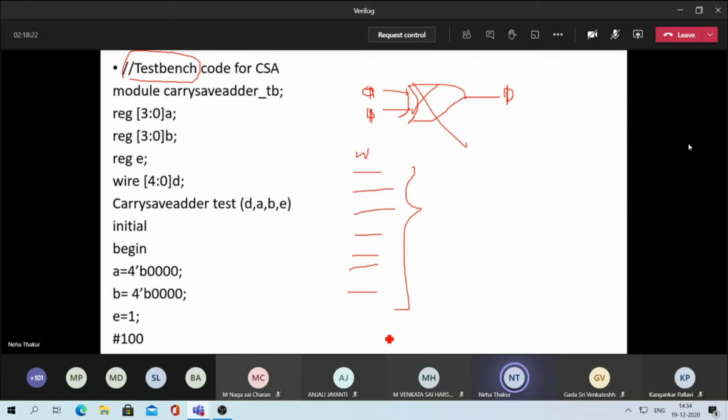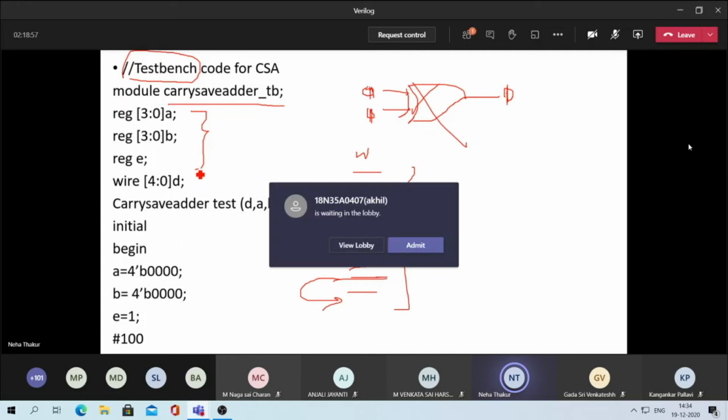Okay, so now again, for this carry save adder, you will create a test bench by the name carry save adder underscore test bench. Okay, TB is your test bench. So now in your test bench, what are the differences? You do not write input and output. See, because here the name you are giving is test bench, but how will your interpreter know that you are writing the test bench? So there has to be some difference in the test bench. What is the difference? Instead of writing input and output, you will write reg and wire.